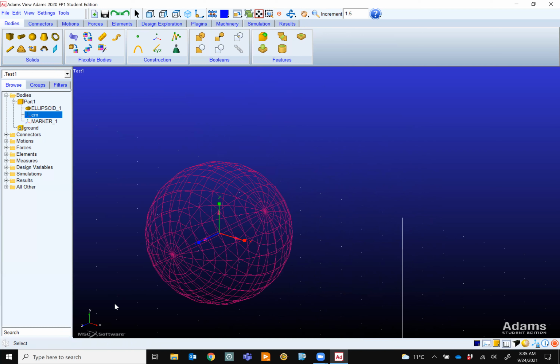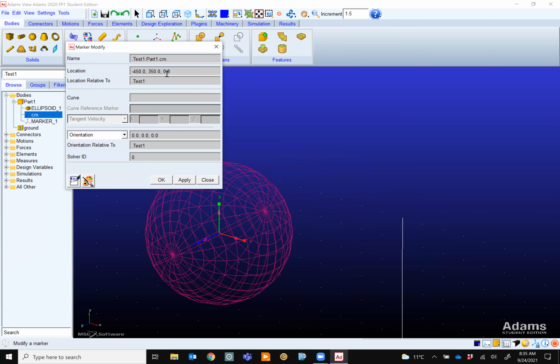X, Y, Z matches with X, Y, Z. But remember, they don't have to match. Sometimes, especially in a 3D model, the X, Y, Z over there might have a different orientation. That's fine. The program is smart enough to realize. Center of mass, you can right click and modify it. You can change the center of mass, but this is all it is about.